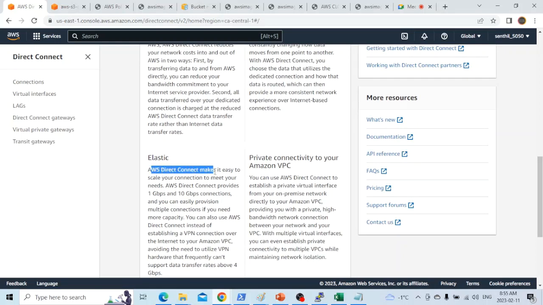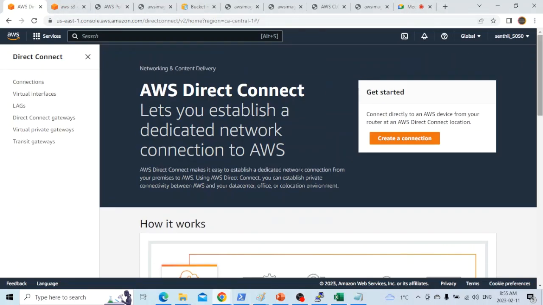See here. AWS Direct Connect makes it easy to scale your connection to meet your needs. AWS Direct Connect provides 1 GB and 10 GB connections. So you can have these two speeds, a 1 GB connection or a 10 GB connection. But this is much more expensive, because you have to lay a new line, right? Rather than laying a new line, if your data transfer is just a one-time activity, an entire data migration of 40 TB, 80 TB, or petabytes from your on-premises into the cloud,